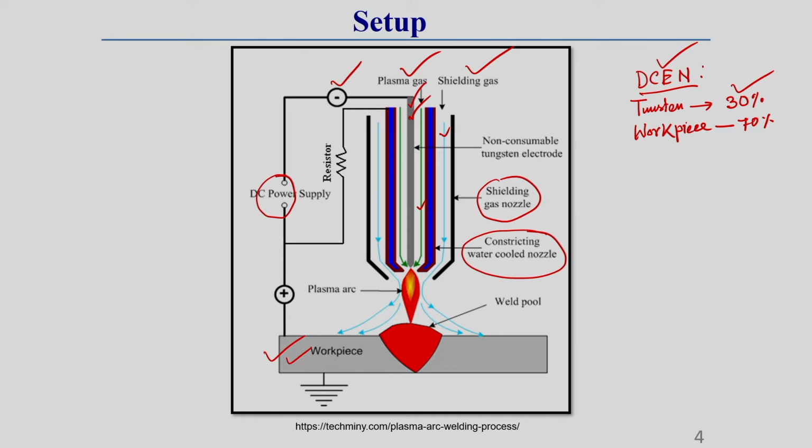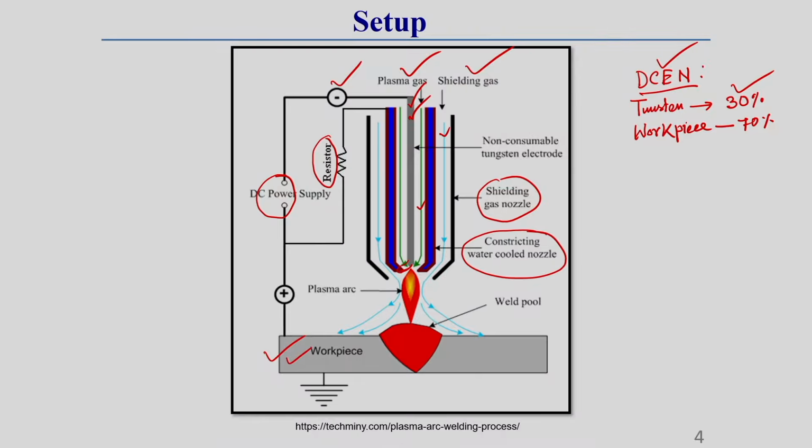Here one thing you can observe is that there is some other connection, called a resistor, connected with this copper nozzle, the water cool copper nozzle. Why is this required? Because when we start the arc, at that time the arc is started in between this electrode and this copper nozzle. To generate the arc initially, this resistor circuit is used, which is connected to the water cool copper nozzle and electrode.